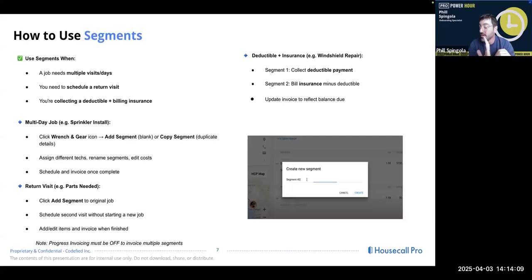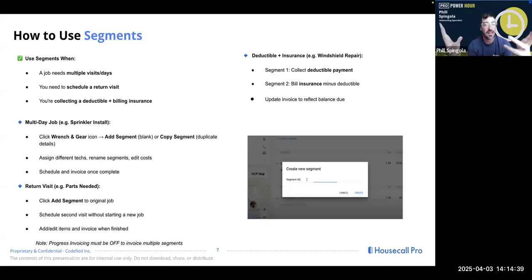Another one that I've typically seen segments be used for, that is actually not on this slide, is for change in work orders. We have created another feature to also tackle that issue, which is our estimates on jobs or estimates on site. And I believe we did touch on this before, and I think we did at least dedicate a couple minutes in a session to estimates on jobs. But if not, we can certainly talk about it at length at a different time.